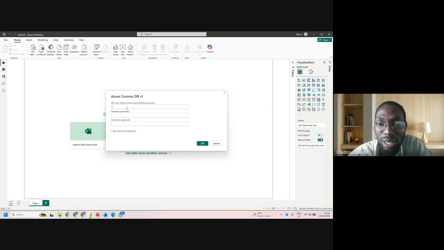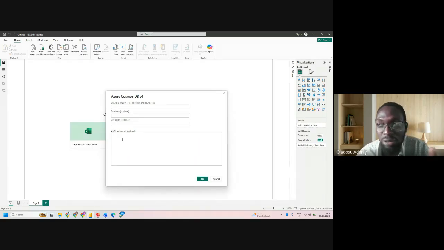maybe next class I'm going to talk to some of my friends from the data team to get me access to their Azure Cosmos DB portal. I think Azure Cosmos DB is just like maybe DBeaver or something. You need your URL, your database name and your collection. Then optional is your SQL, maybe you want to use direct query. You want to get queries directly from your website. So that's what you need.